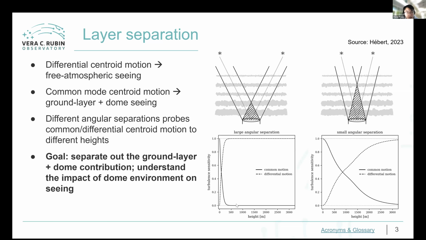And if we take the differential motion, or more precisely, the variance of the differential position of the two stars, it will give us the free atmospheric turbulence strength, or more precisely, the weighted average of the turbulence strength according to this dashed line. So now, instead, looking at more closely separated pairs,